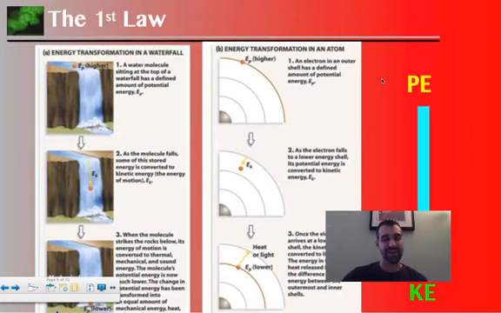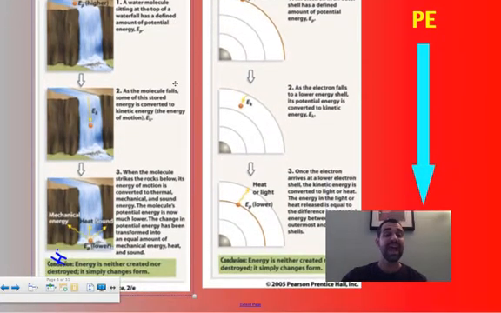I'm going to slide past this slide only because I think you guys pretty much understand that the first law states energy is neither created nor destroyed, it is simply transferred or transformed. A water molecule at the top of a waterfall has higher potential energy. As it falls down the waterfall, its potential energy, or its energy based on position, decreases, and this is converted into the kinetic energy or the energy of motion. When that molecule gets down to the bottom, it's fairly straightforward and easy to see.